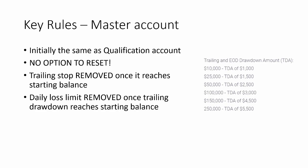So if you've got a master account, you've passed the qualification, and you hit that max loss for the day, or you hit the max loss for the account, you cannot just pay a fee and have your master account reinstated. You have to go back to doing a new qualification account. So a lot of traders I know will get qualified pretty quickly and then trade much smaller size to avoid all of that. I'm going to show you my approach later on, which is very different to that,